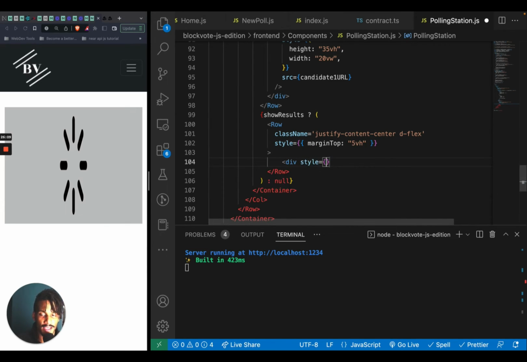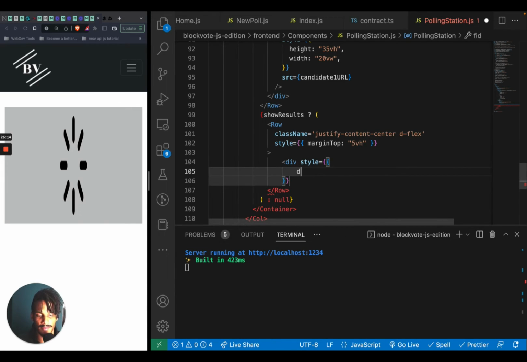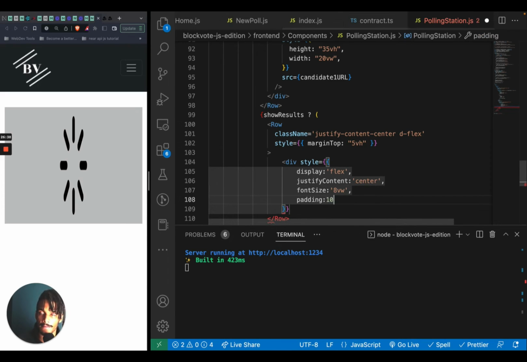The div will have a style of display flex, copy, justify content center, font size 8 VW, padding 10 px,